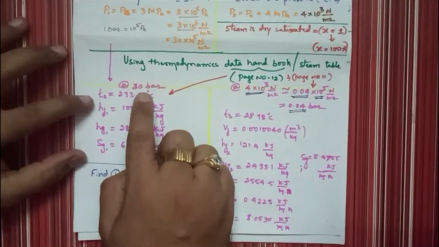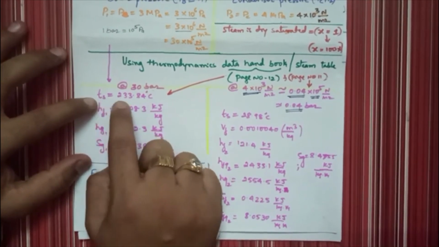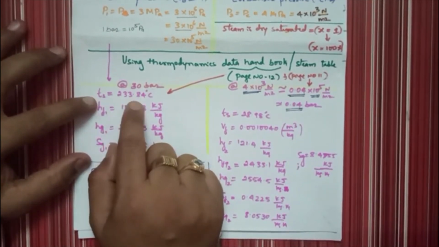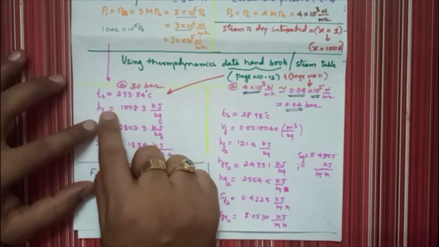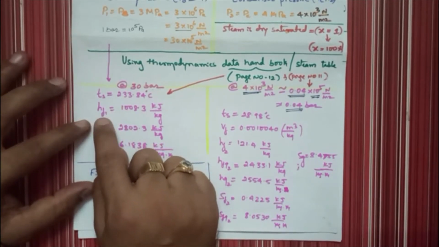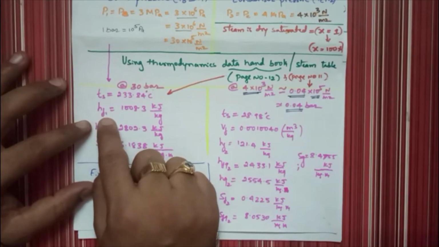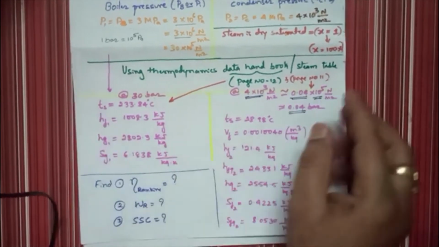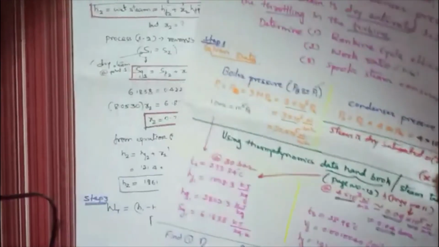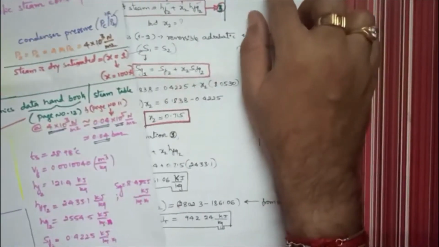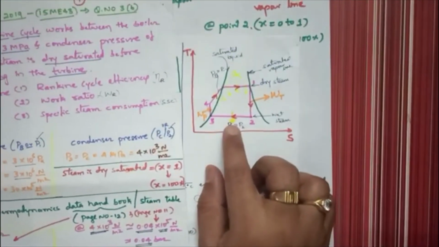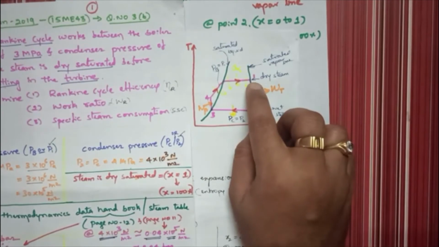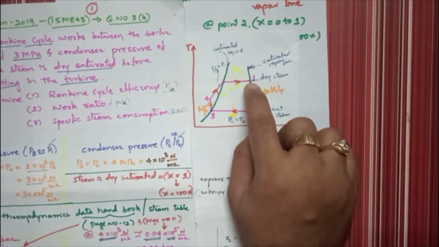So at 30 bar I have written the saturation temperature from the steam data handbook. HF1, the enthalpy of fluid, I have also written. Why I have written HF1 is because here in the TS diagram, I have drawn the TS diagram as well. In the TS diagram for this problem, this is a dry steam, so I am writing the enthalpy at point